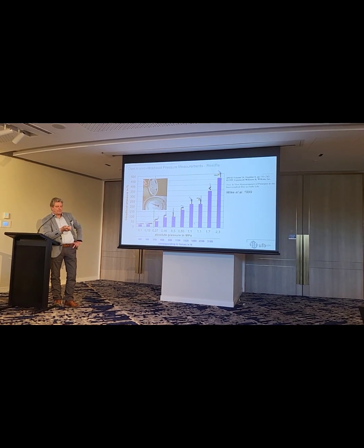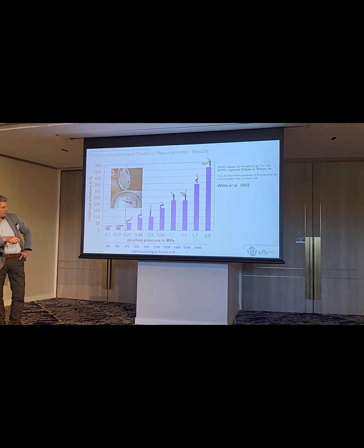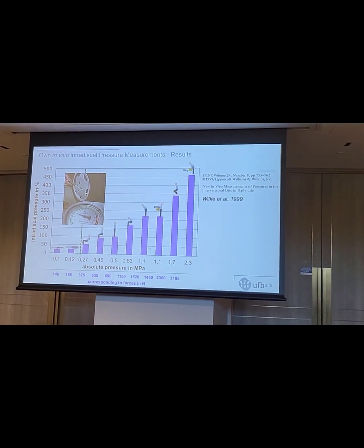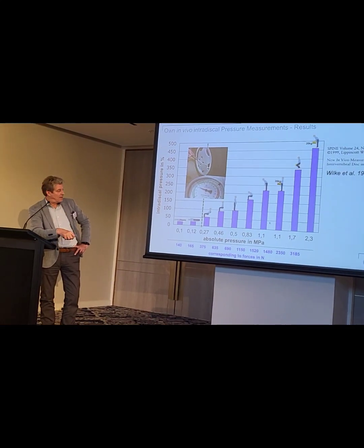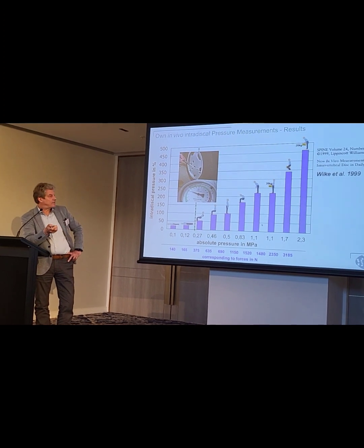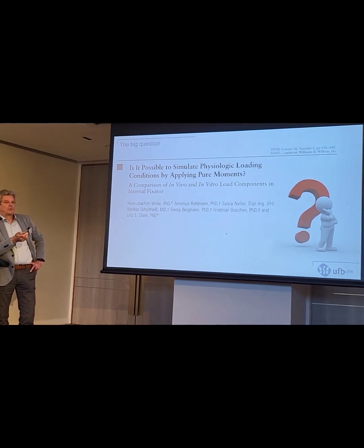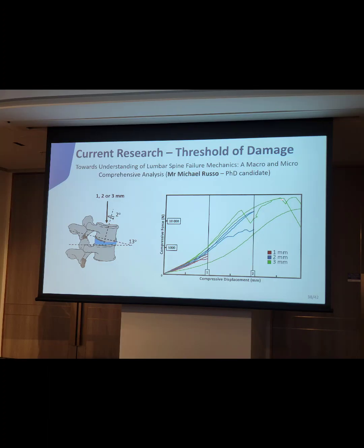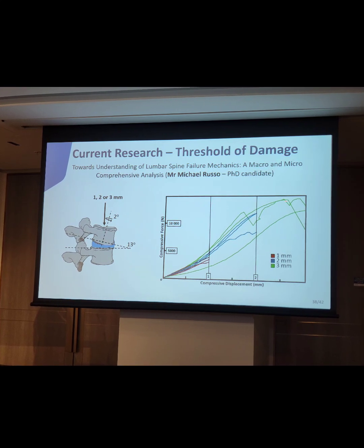And these numbers here were now used in order to calibrate our machines. Here you don't see only the pressure, which can go up to 2.3 megapascal, that's 10-fold the pressure in your car tire. You can also calculate the Newton, and these numbers can then be used in order to calibrate your models. Here's some other interesting results presented by other